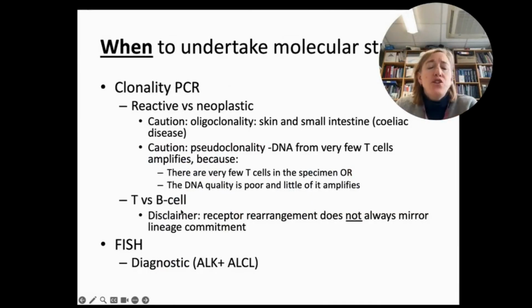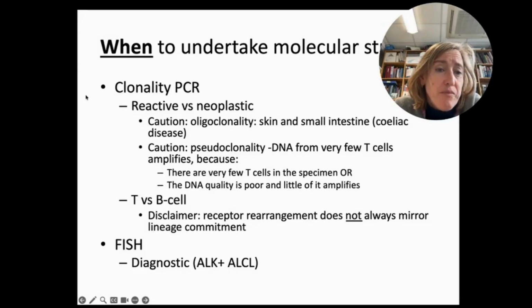I mentioned that when you've thought about morphology and immunophenotype, you might want to think about clonality and indeed other molecular studies like FISH, which can be useful for anaplastic large cell lymphoma. And so the key thing you might want to think about is doing a PCR-based clonality test if it's available to you. And there are quite a lot of conditions where we find that we really can't make the decision without doing such a test. Although once long ago, at the beginning of my career, we somehow managed, and goodness knows how many we got